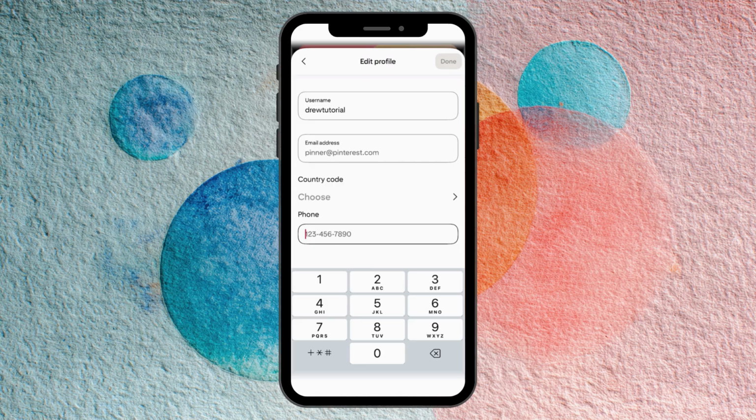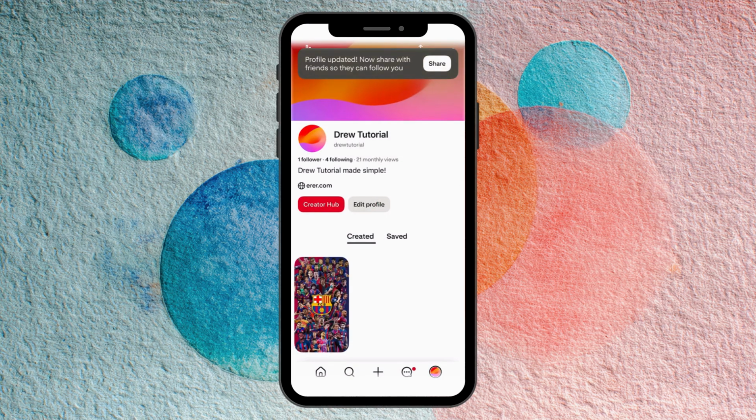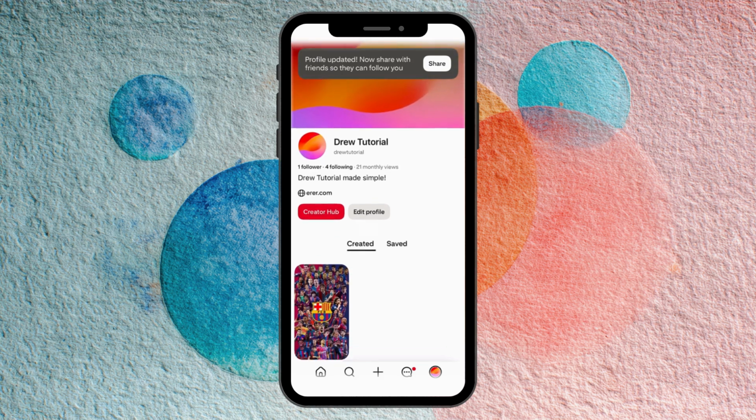It's going to come right on the upper right hand side. So let's say my phone number was this. I click it and I add it there. You will see that the phone number is added, right? So that's how you can quickly add your phone number on your